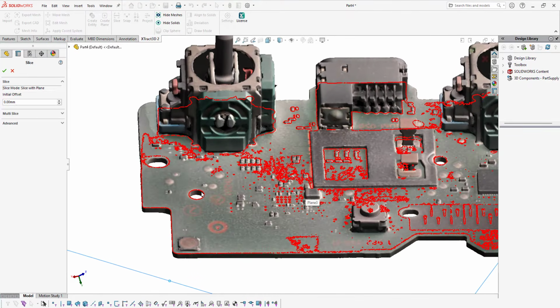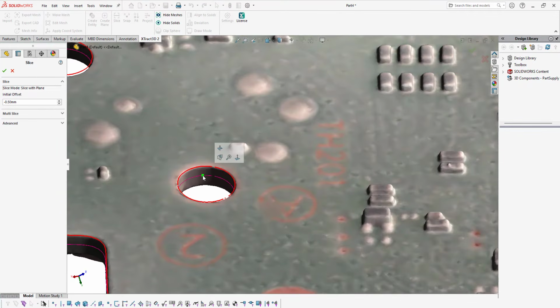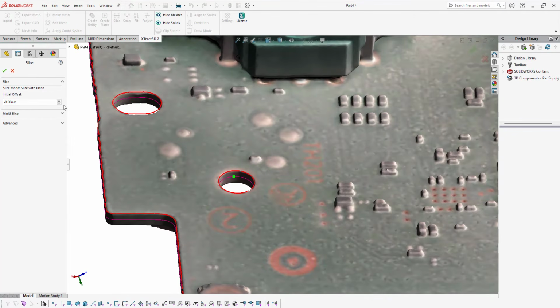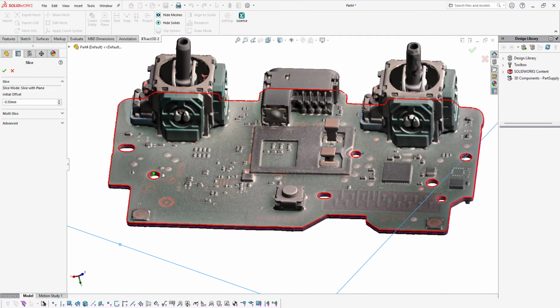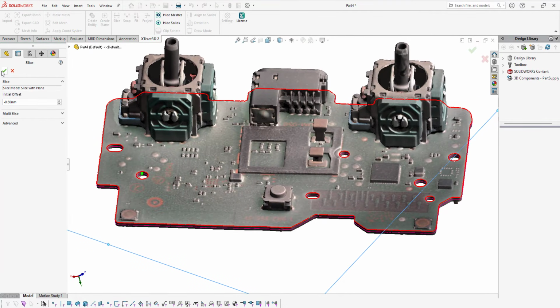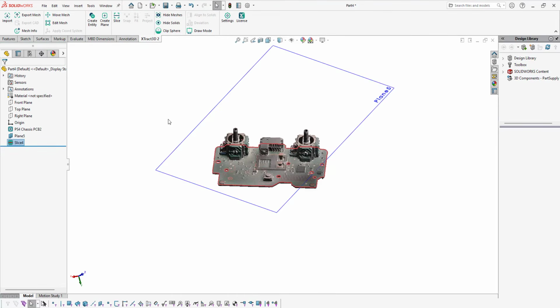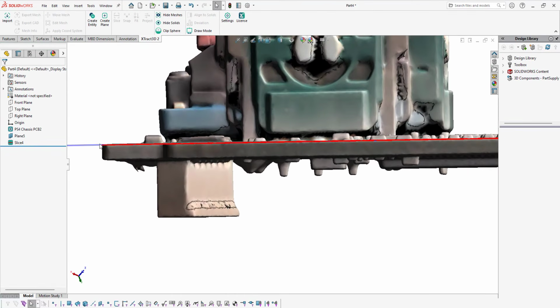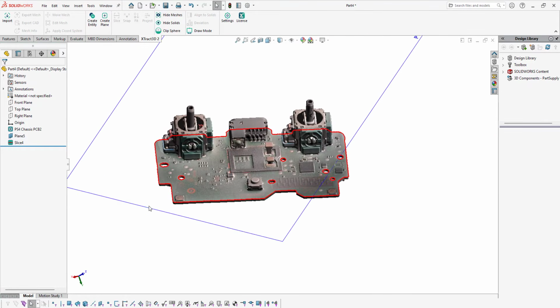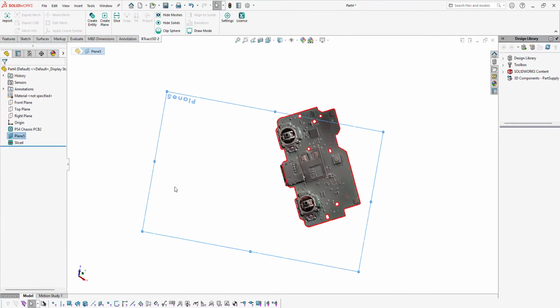But if I use the offset and just pick a point on there, you can use the increment boxes as well, but actually picking a point is much quicker and easier. And that will give me a nice clean profile of the PCB projected back onto my top plane, or this plane I created here. I can then create a sketch on that